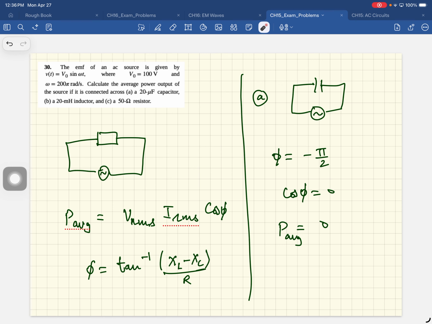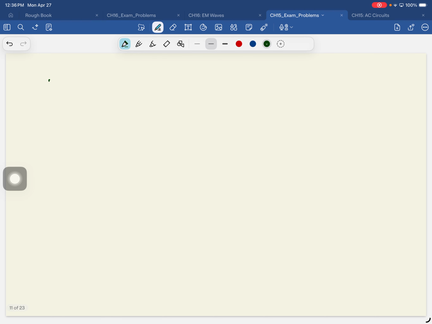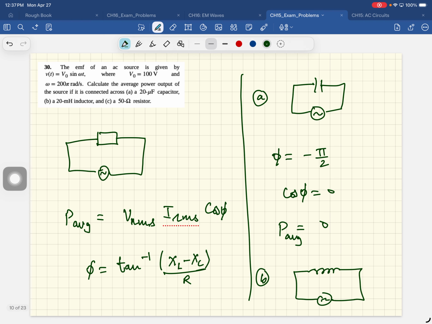For part B, when you connect an inductor, phi is pi by 2. Again, cosine phi is 0. Average power is 0. Okay, no power is delivered to the inductor. Same thing as the capacitor. Energy is delivered there in half a cycle, and then that energy comes right back. Only for a resistor,